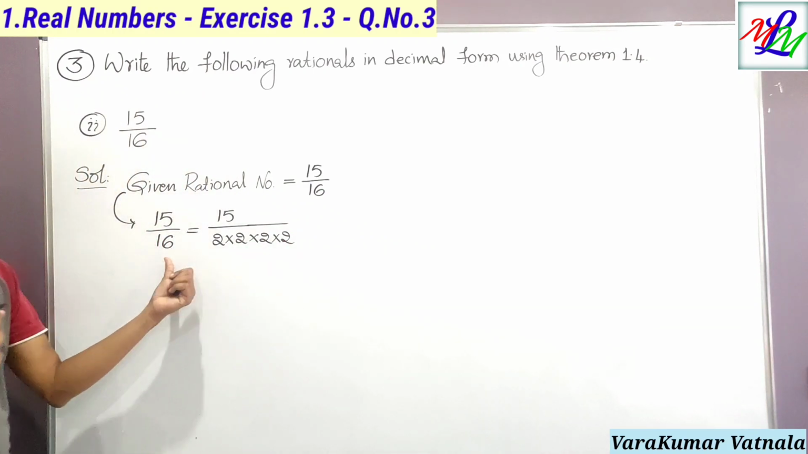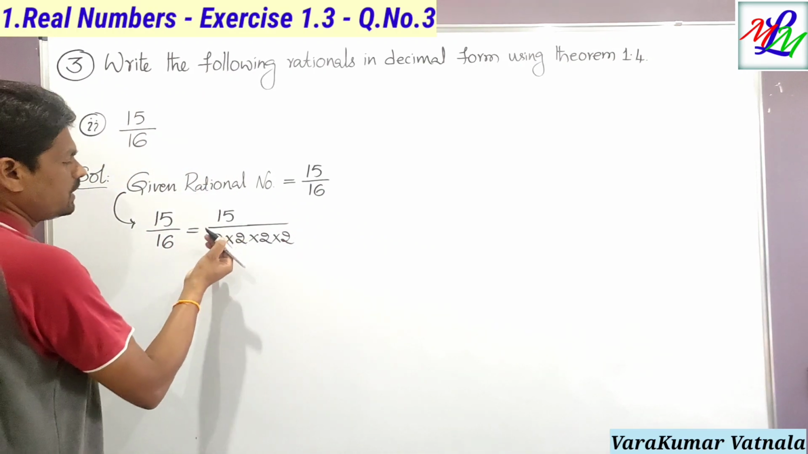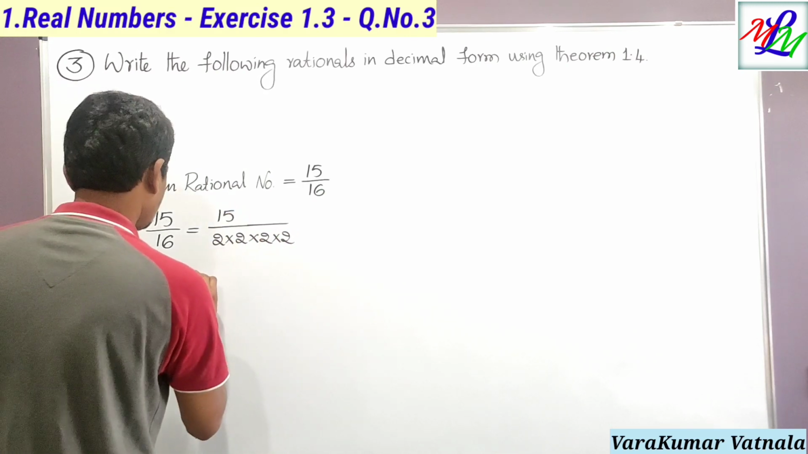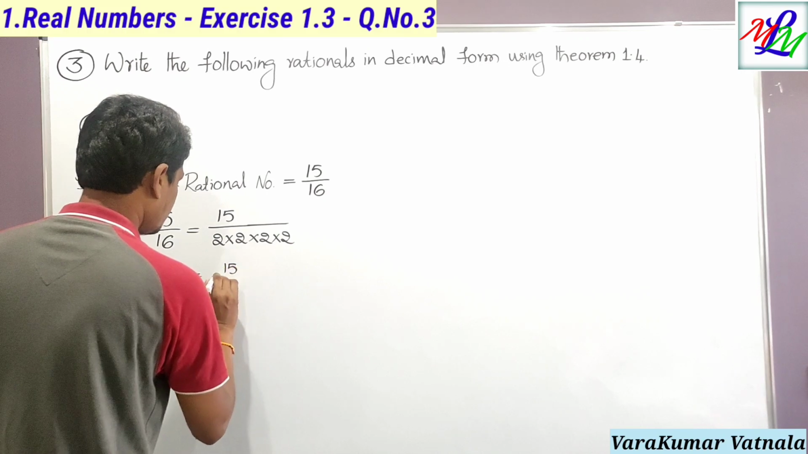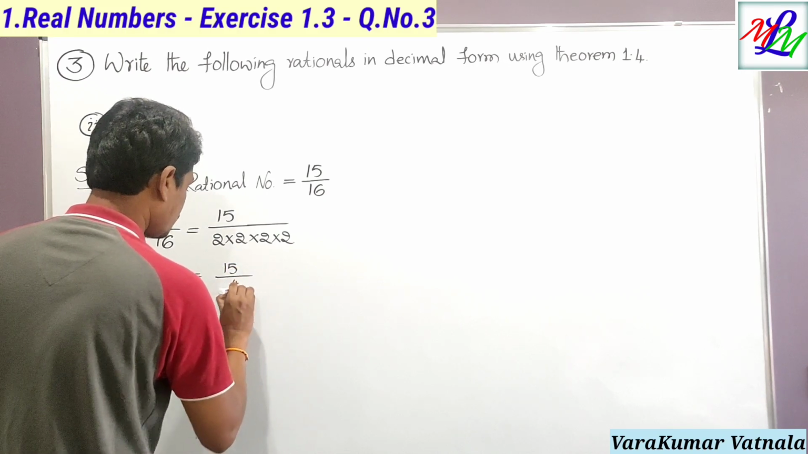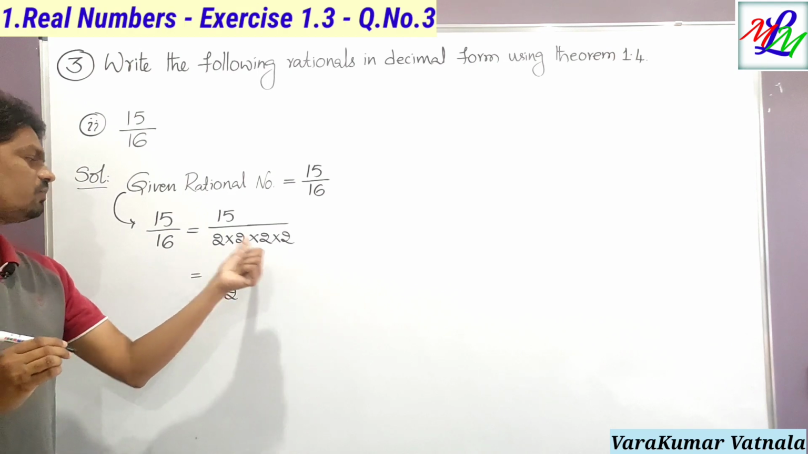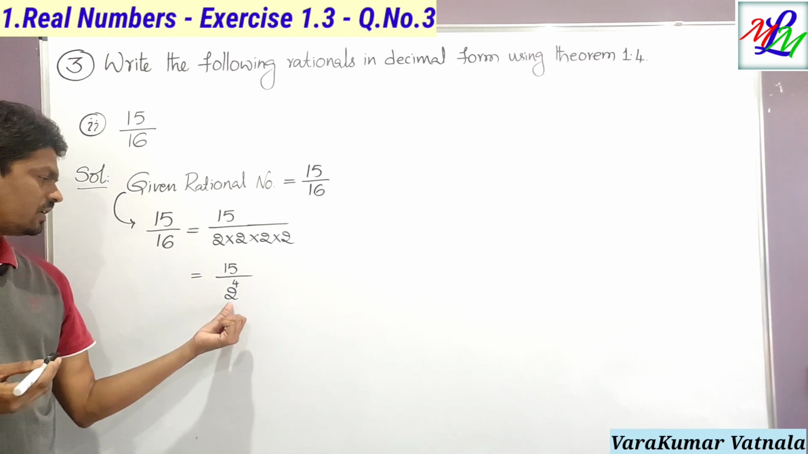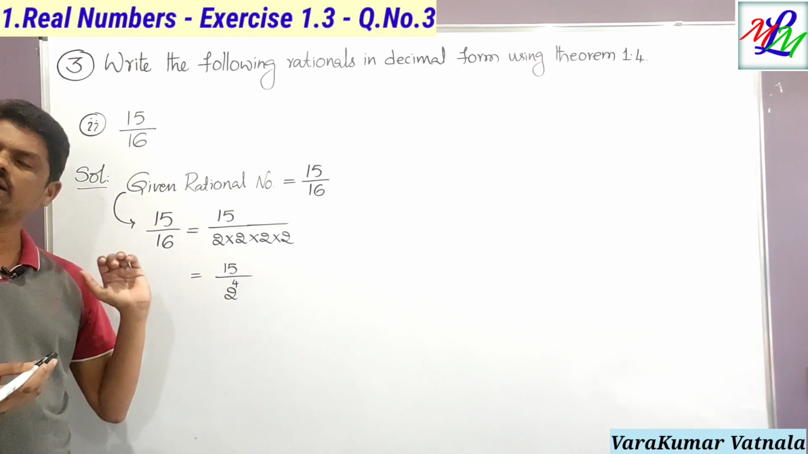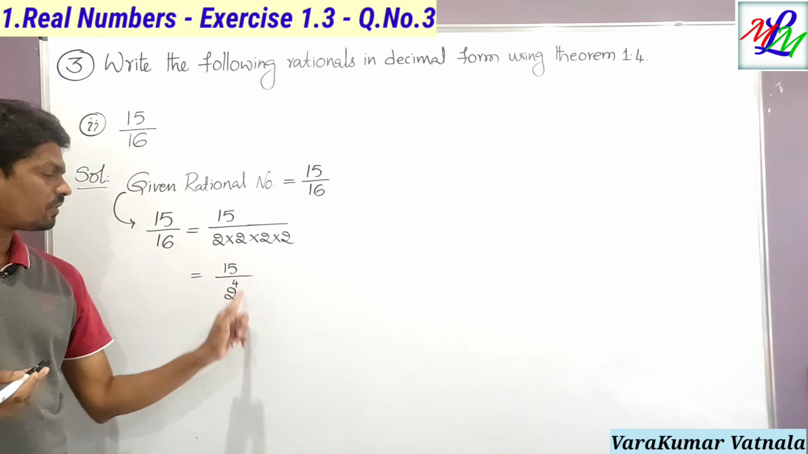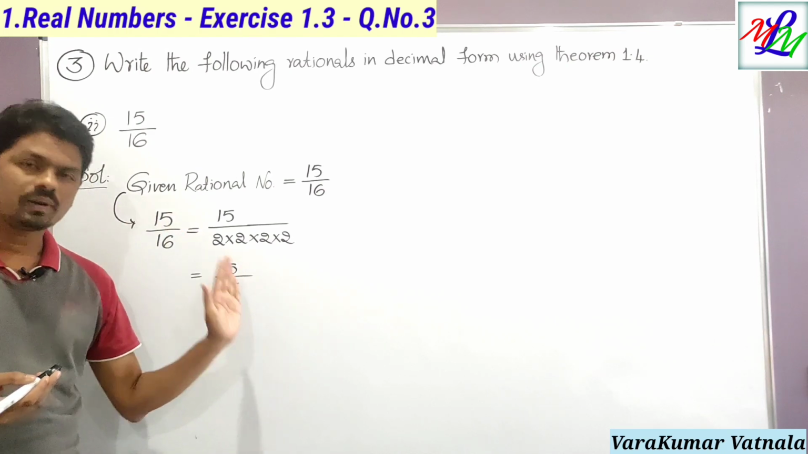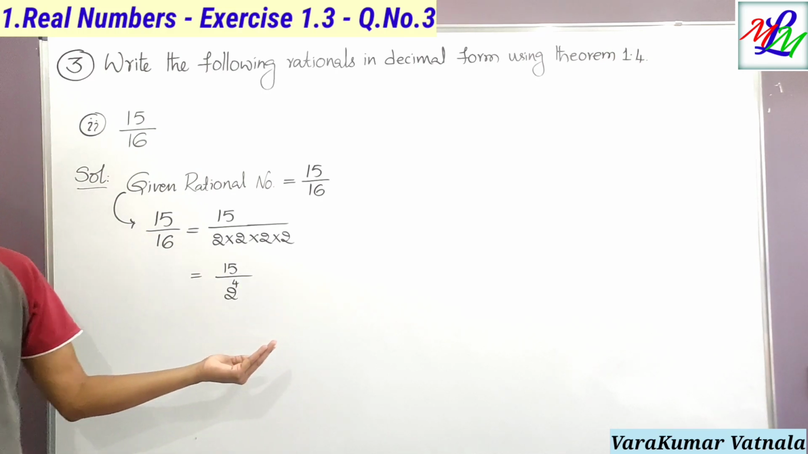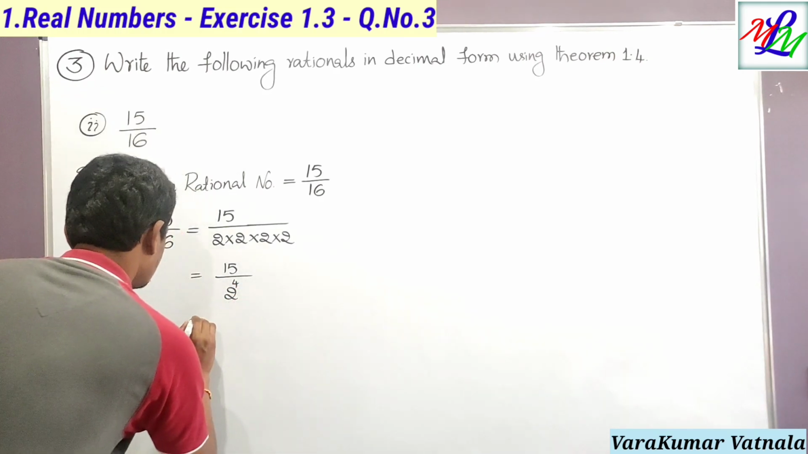So these are the prime factors of 16, student. Again, if you multiply, 2 twos are 4, 4 twos are 8, 8 twos are 16. So 15 divided by, now it is 2 to the power 4. How many 2s are there? 4. 2 to the power 4. Now to make the denominator a multiple of 10, if it is only 2, we have to multiply and divide by 5. But here 2 to the power 4 is there. Now we have to multiply and divide by 5 to the power 4 to make the denominator a multiple of 10. So for that, see student,